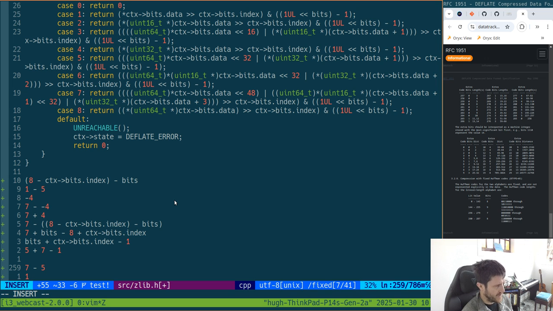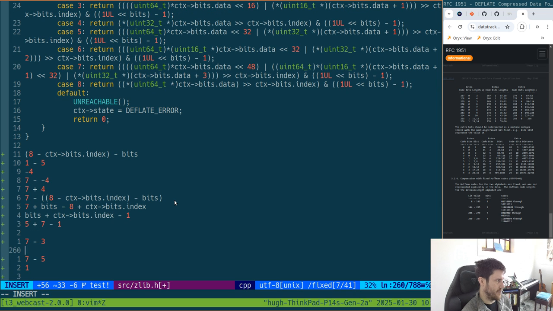Now if we had that, that would be 3, and then 7 minus 3 is, so this would be 11, and you would divide it by 8, to get 1. What was it, 7 minus 5? So, yeah,